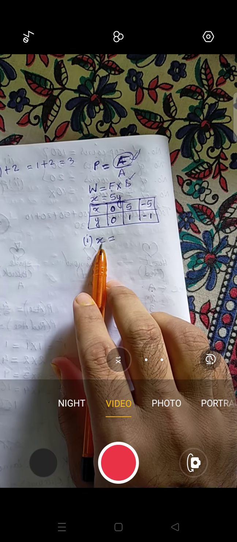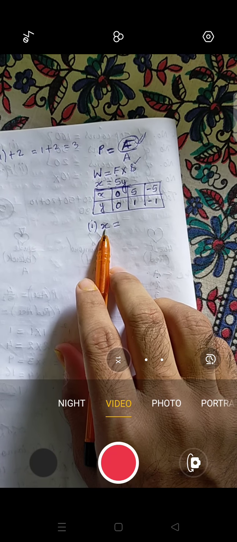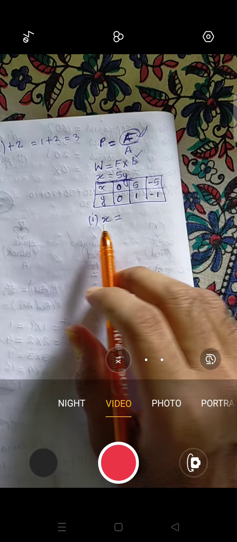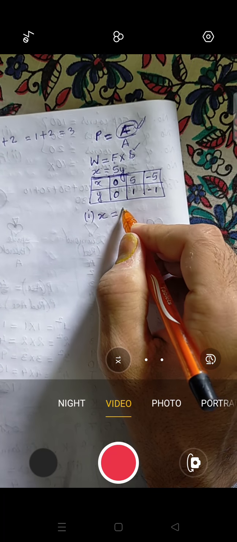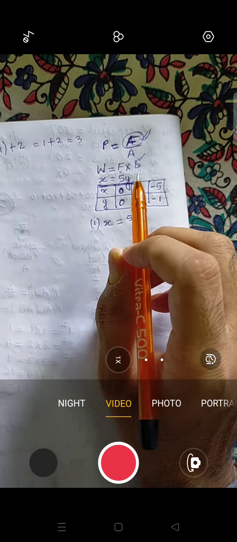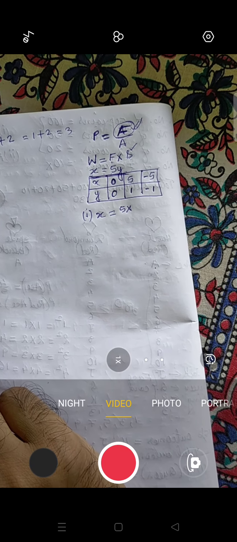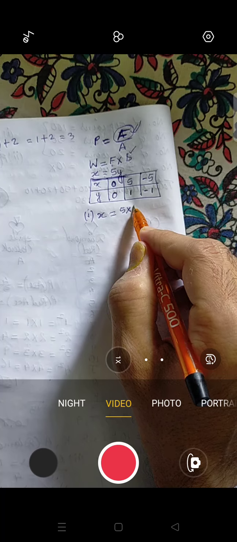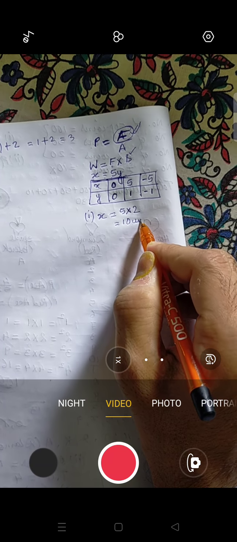We have to find work done, right? In the question it is said that also read from the graph the work done. What will be the work done? So work done is x equals to force, which is 5, and y. Here in the question it is said that the distance traveled by the body is 2. So displacement is 2, so we will be taking 2. When we solve this one, we will be getting 10 units. Any doubt?